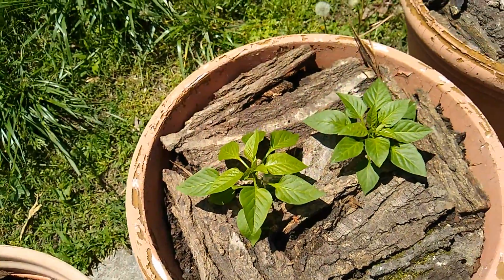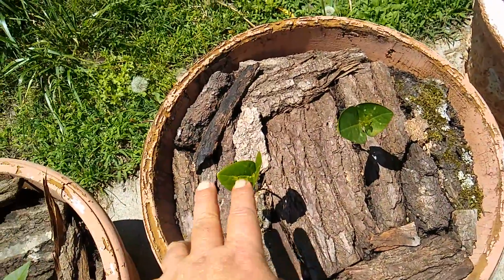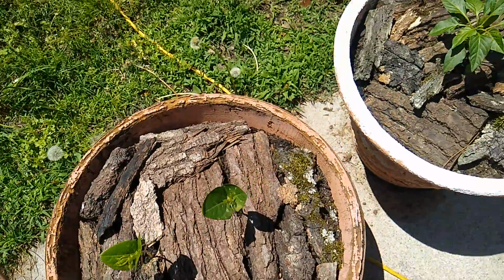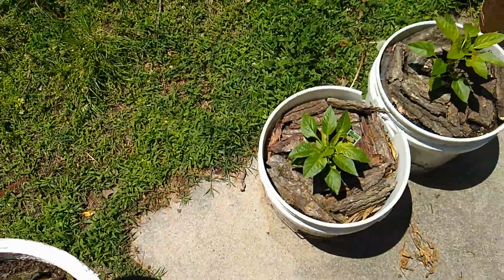We have some more bell pepper. I did want to try some black-eyed peas inside of the pots also, and we got our second sets of leaves coming, which is pretty cool. Some more bell pepper and some more banana peppers